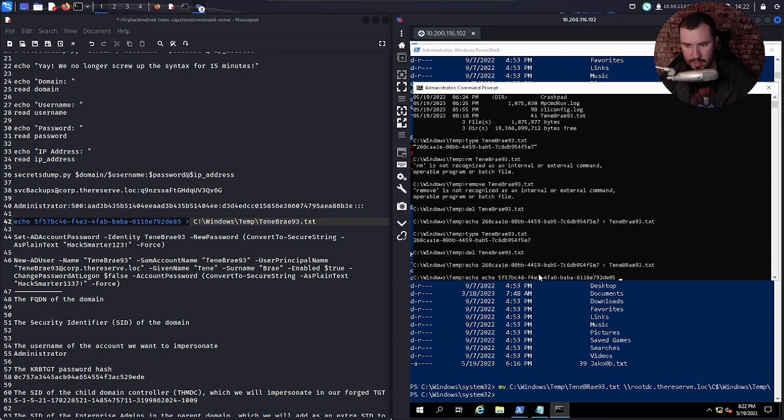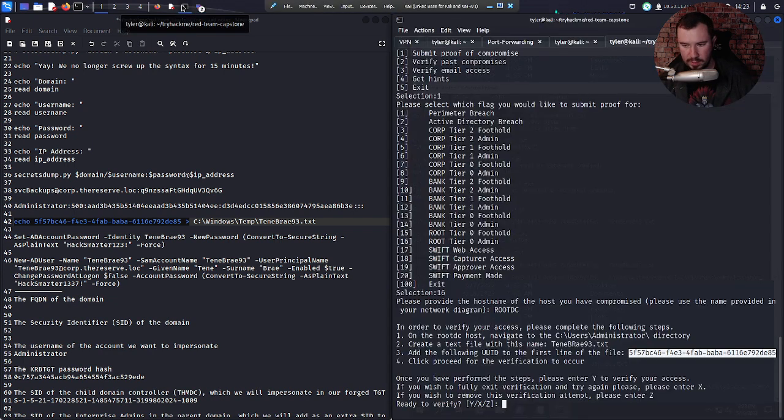Oh, I already had the command. Whoops, not root.dc, just root.dc. So just the administrator file.